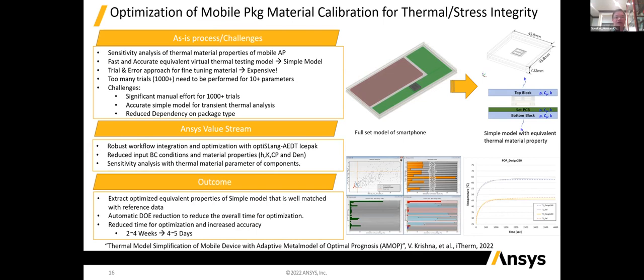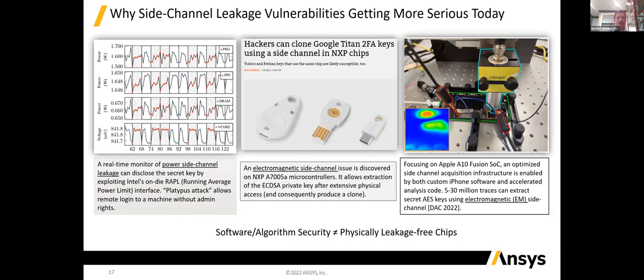Previously, this had to be solved manually in 2 to 4 weeks. But now we can solve it within 4 to 5 days because everything can be automated using the OptiSLAM. So this is one way to go. I totally agree with Jimmy that AI/ML will play a big role in terms of automation, and we can see more improvement in the future.